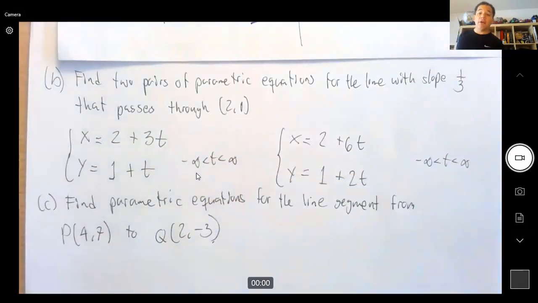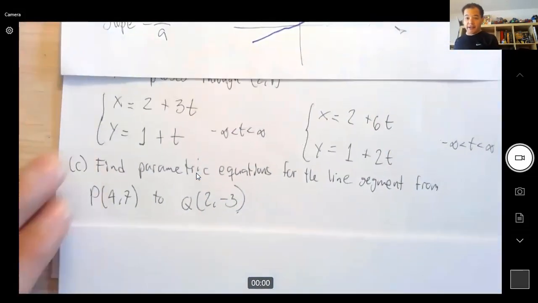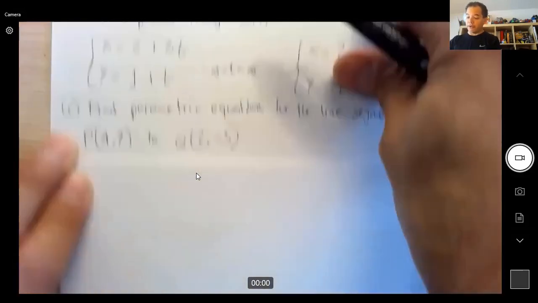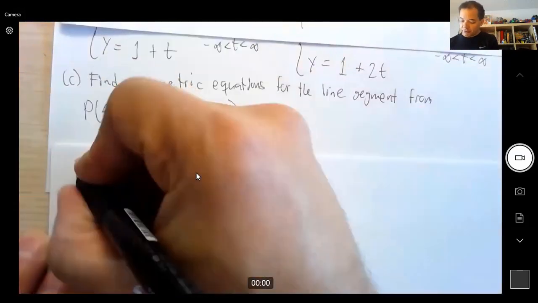All right, and I'm gonna show you two different ways of doing it. One way is for us to simply do the line and then figure out from where to where, right? So that's one way. So solution 1,